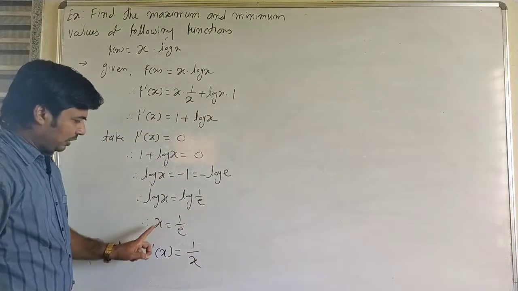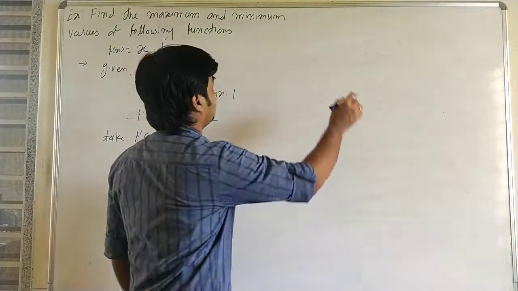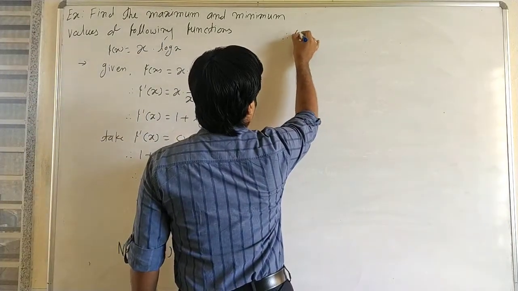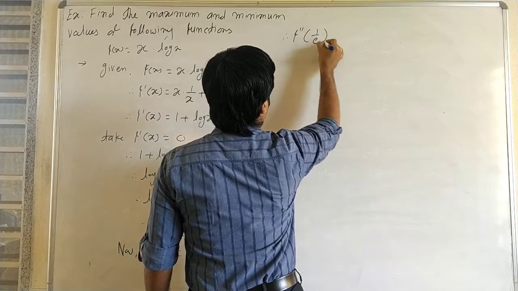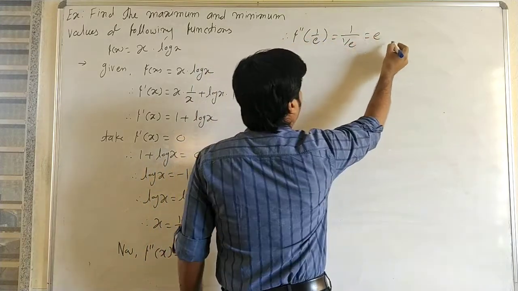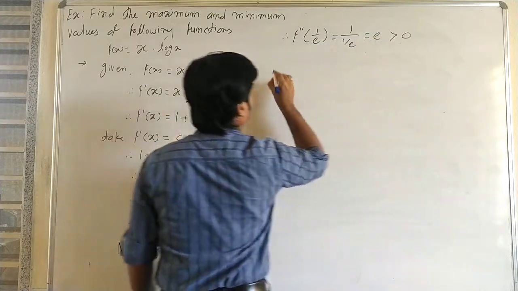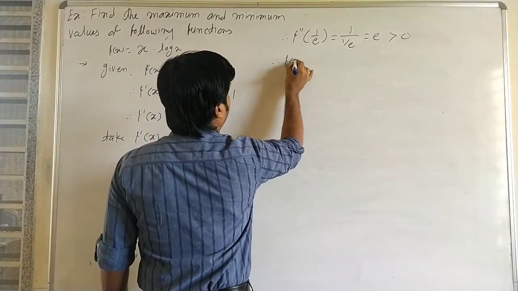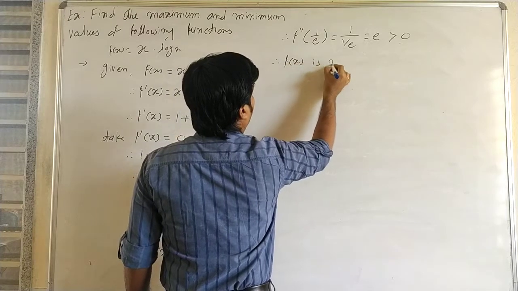Now put the value of x in f double dash. Therefore f double dash of 1 by e is 1 upon 1 by e, that is e, and e is greater than 0. Therefore f of x is minimum